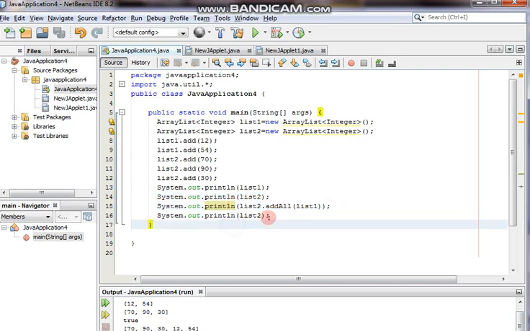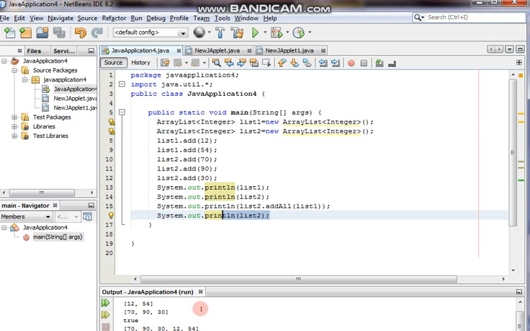Fine. Thereafter I want to print list 2. So check what it is printing. This is list 2. So 70, 90 and 30, all it is printing at first. Thereafter it is simply printing the data it added, the data it brought. So it means it will go to the end of the list and append whatever it brought from another list. Fine. So this is how the thing can be done using addAll.